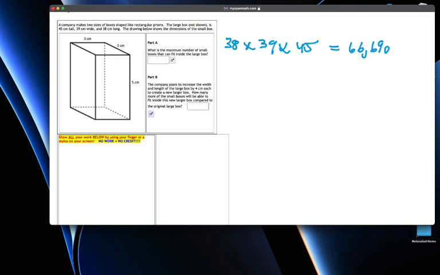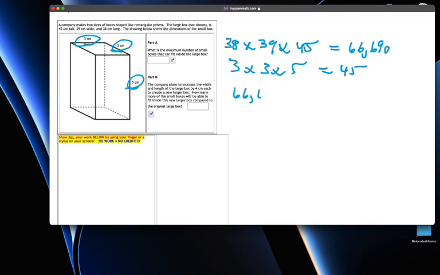The small box, which is right here, is 3 by 3 by 5. So the small box has a volume of 45. So we're trying to figure out essentially how many 45s will go into